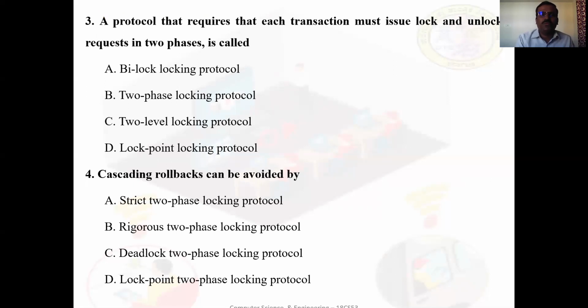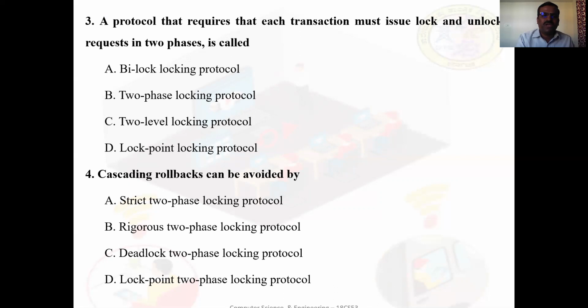Question number 3: a protocol that requires that each transaction must issue lock and unlock requests in two phases is called: A, bilock locking protocol, B, two-phase locking protocol, C, two-level locking protocol, D, lock point locking protocol. Answer is B, two-phase locking protocol.